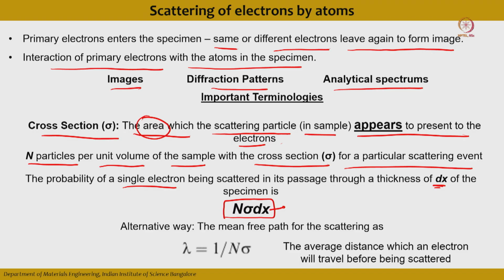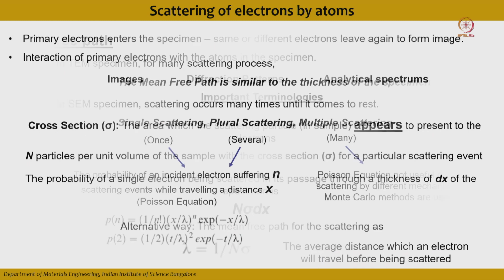Alternatively, we can calculate the mean free path for the scattering as the inverse of n into sigma, which is called lambda. So, they have an inverse relationship. So, what is lambda? From the formula, this is the average distance which an electron will travel before being scattered. So, these are the two terms we usually use for the